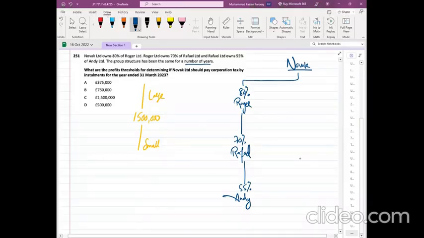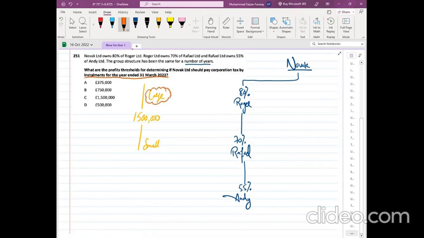नेक्स्ट क्वेश्चन टैक्स एडमिनिस्ट्रेशन फॉर कंपनी का क्वेश्चन है, ग्रुप में लिखा हुआ है लेकिन है टैक्स एडमिनिस्ट्रेशन का। कैसा है बताओ, वो लिमिट क्या होगी जिससे ऊपर जाने पे इंस्टॉलमेंट पे टैक्स पे करना पड़े? हमें पता है जो लार्ज कंपनीज होती हैं वो इंस्टॉलमेंट में पे करती हैं, और नॉर्मली जिनका ऑगमेंटेड प्रॉफिट, एपी टीटीपी में डिविडेंड ऐड करते हैं तो ऑगमेंटेड प्रॉफिट आता है। ऑगमेंटेड प्रॉफिट 15 लाख से ज्यादा हो वो लार्ज होती है, लेकिन ये 15 लाख हम एक और हमारी 51% ग्रुप से ये रिड्यूस होता है।